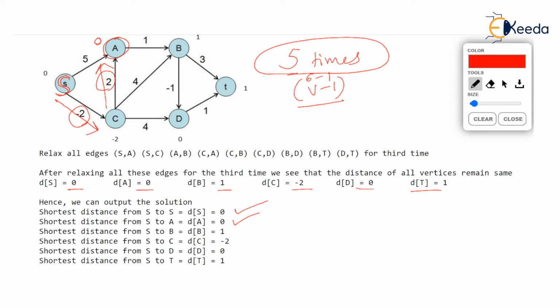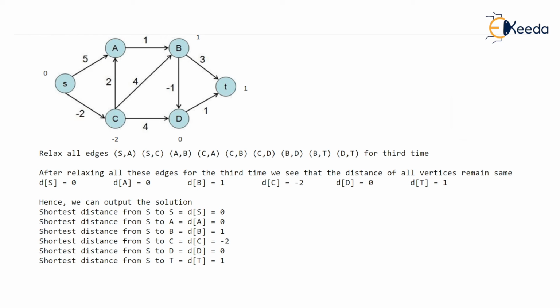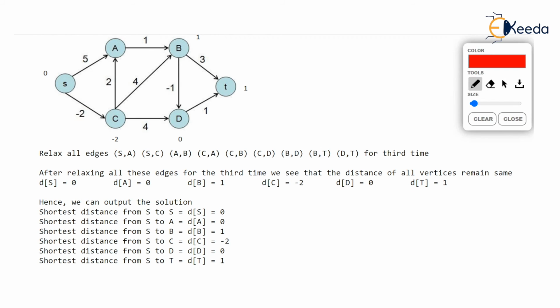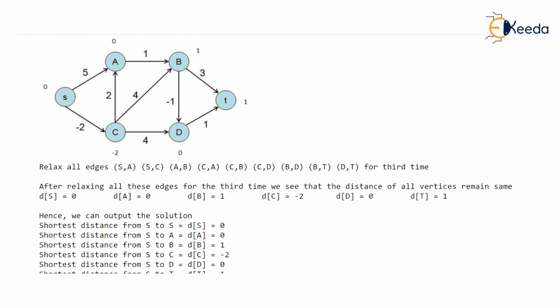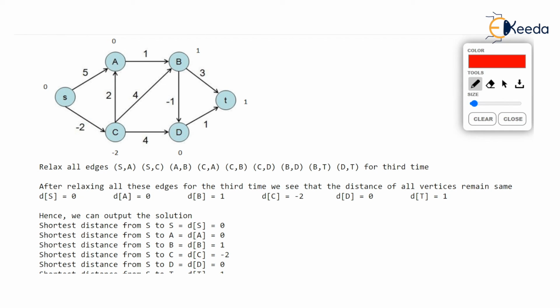So that is how Bellman-Ford has found the correct answer for the shortest distance from S to A. Similarly, what is the shortest distance from S to B? It is 1. Just check, S to B can be reached like this: S to C, then C to A, then A to B. Isn't this S to B? And what is the total distance? Minus 2 plus 2, which is 0, plus 1, which is 1. Observe, the shortest distance of S to B is 1. Similarly, for S to C, the distance is minus 2. S to C is clearly minus 2. There is no better distance than this.